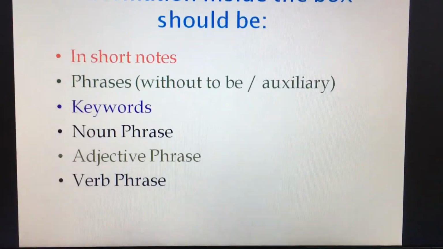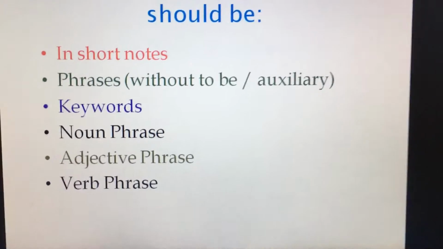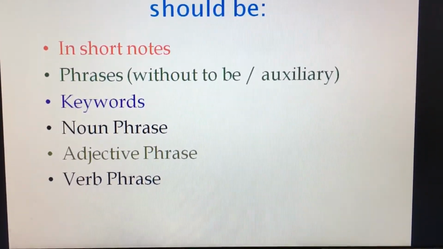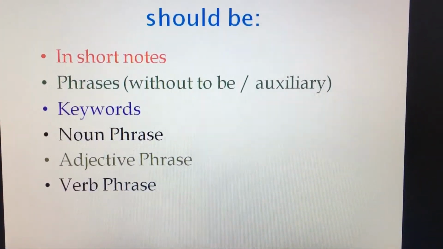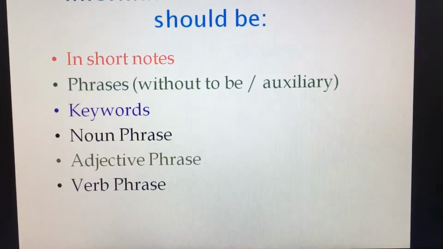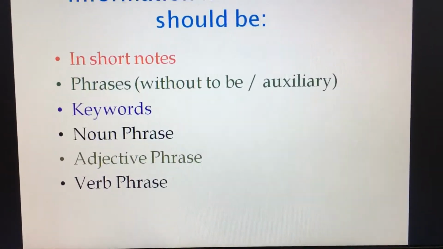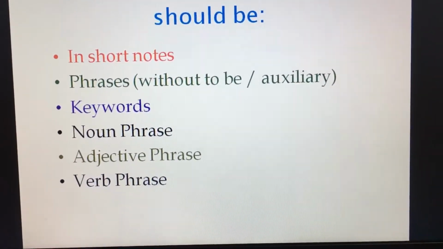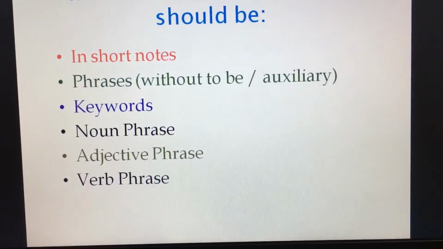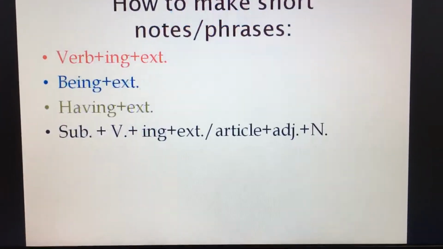You must use the keywords. You will have to use the noun phrase, adjective phrase, and also the verb phrase. There are actually 6 items here. Among them, you can choose one according to your context. But you must bear in mind that all the information you gather from the extract will have to be relevant to the text of your question. Let's go to the next slide.